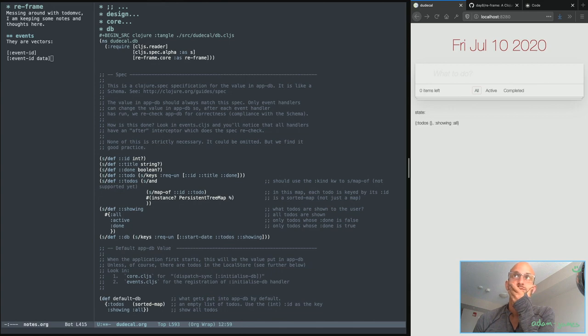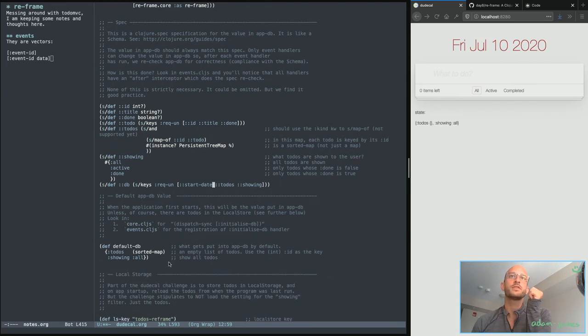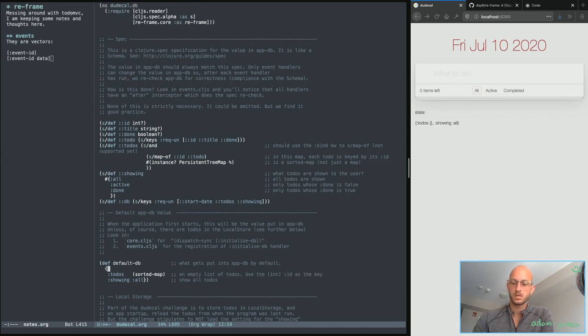If I do start date, and then the default app DB value here, I can add a key, start date, and the value is just going to be JS slash date. Is that going to make sense? Let's see if that works. Hey, it did. Cool. Okay, so we're getting somewhere, kinda. Right, so we have a date instance,